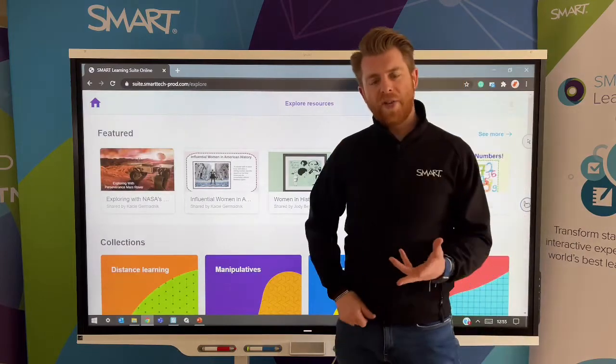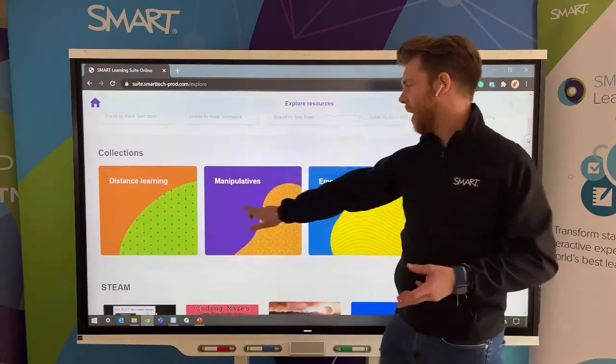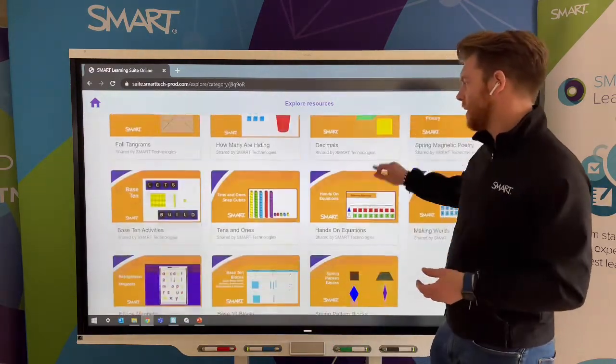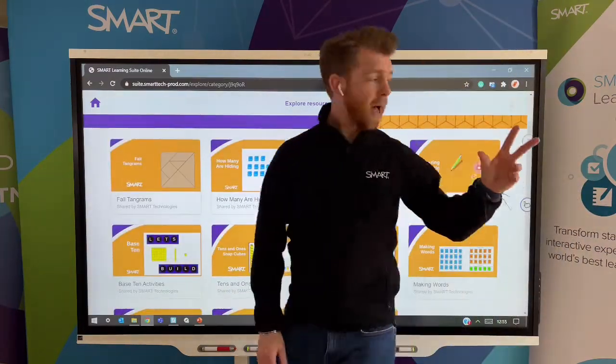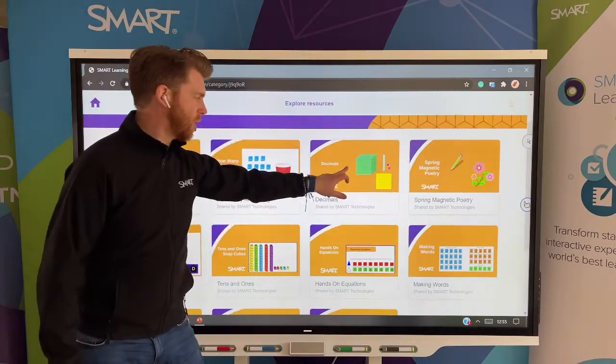I did tweet out one of these lessons already for one of these weeks, and that one is in manipulatables, and it was this decimals one here. This one is really good, but obviously there's lots and lots of different ones as well, and there's a really nice poetry one for there as well. But just to jump into this one here,